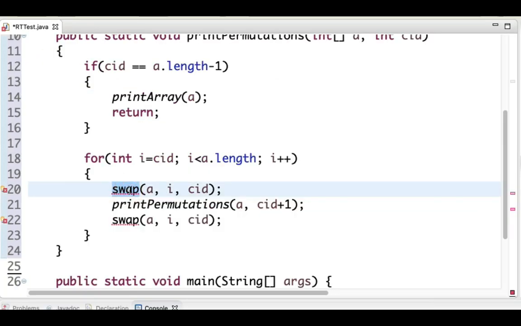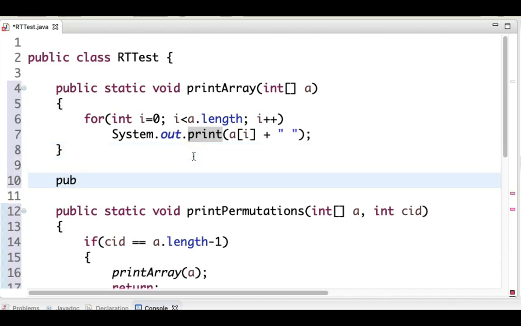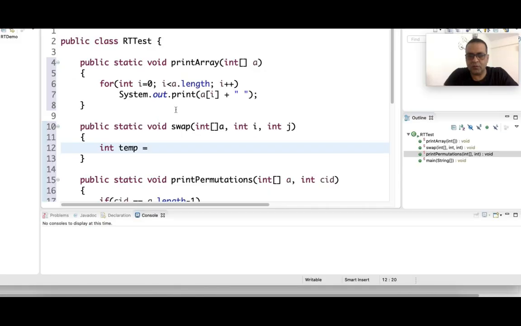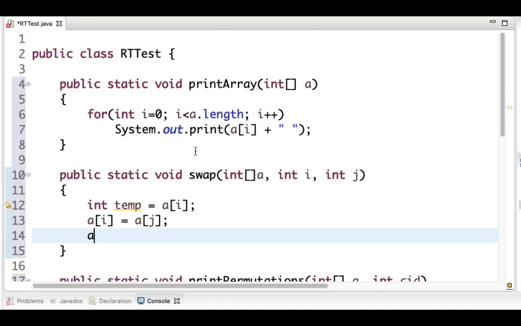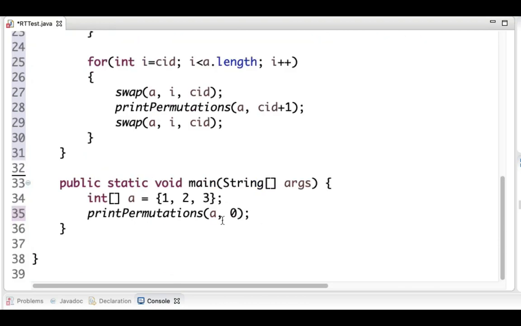Then we need to implement this swap function, which will swap two elements of the same array. Integer i, integer j. Temp is equal to a of i, then a of i is equal to a of j, and a of j is equal to temp. All right, so this should work.